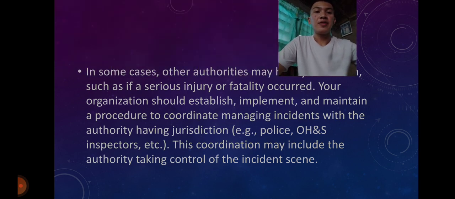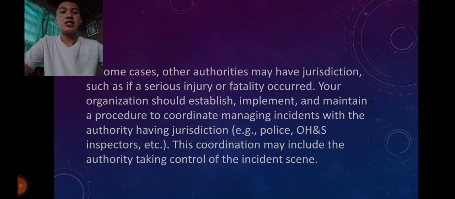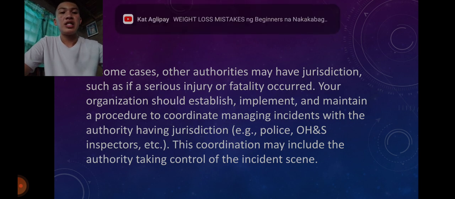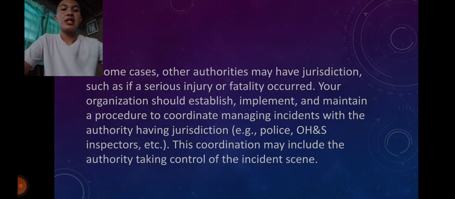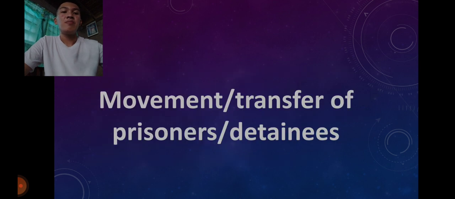In some cases, other authorities may have jurisdiction, such as if a serious injury or fatality occurred. Your organization should establish, implement, and maintain a procedure to coordinate managing incident with the authority having jurisdiction. An example given: police, OH&S, inspectors, and etc. This coordination may include the authority taking control of the incident. So, if gani is mga serious na jud nga pangitabo, is pwede na ka makatawag og help for other organizations like or bang magpatabang ra kanila, matawag kanila so that they will take over